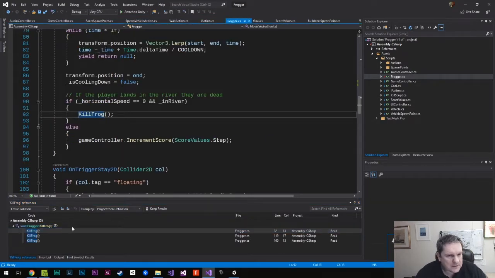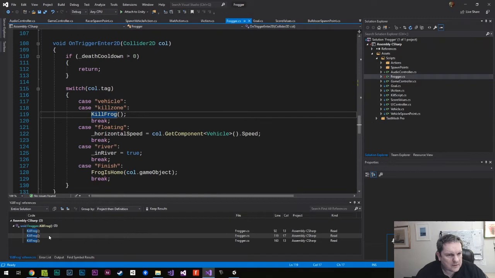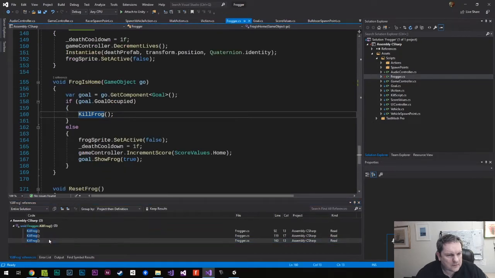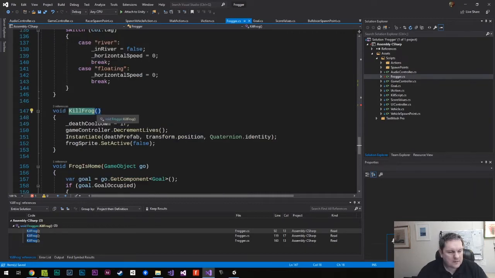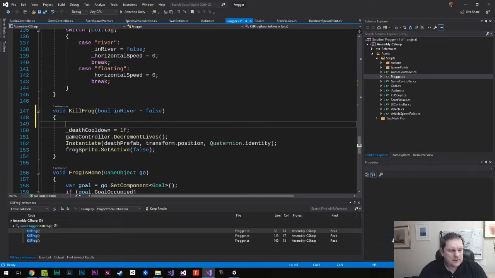Kill frog is in there, in river, kill frog, kill frog. Okay, so I think we need to do in river, and then a bool on in river equals false, so we default that to false, and we say if in river